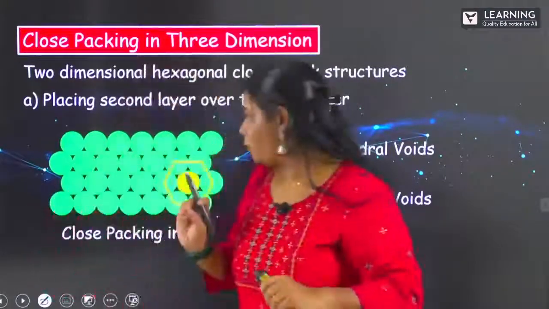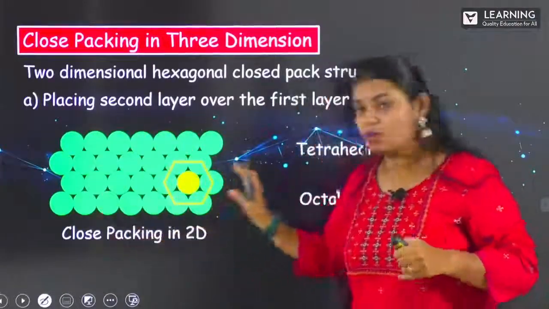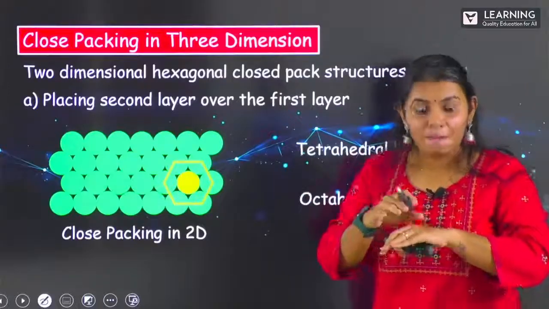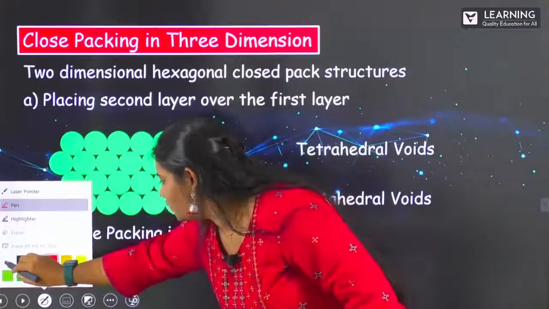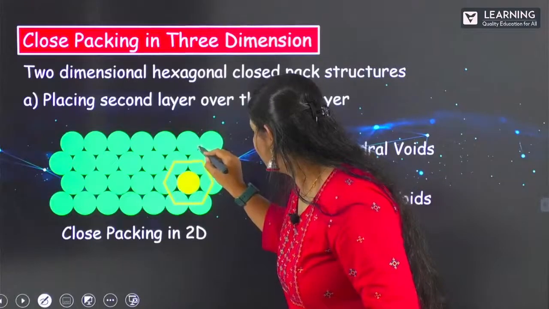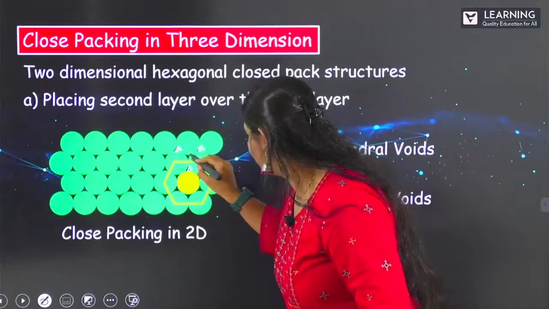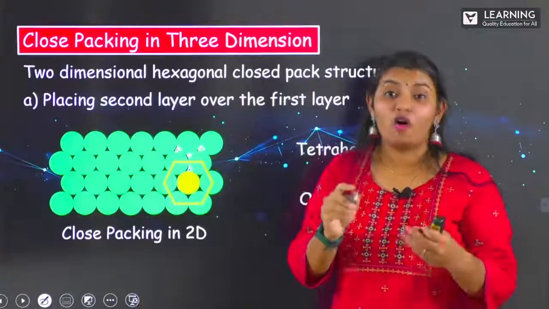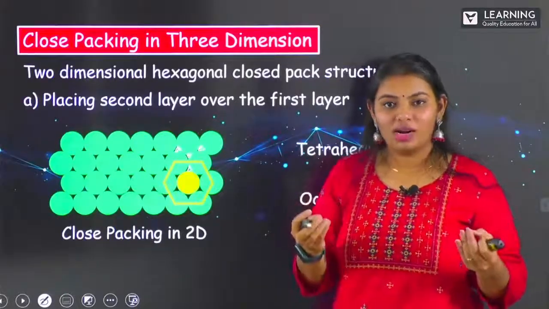Let me just explain. Now, when this arrangement is happening, okay? Now, whatever here, the first layer is there. Above it, the second layer is going to be placed. There will be small gaps between them. Can you see those gaps here? I'll just fill it with white. Okay, this gaps, whatever it is there, these are called as vacant spaces. Okay, so this vacant spaces is called as nothing but voids.